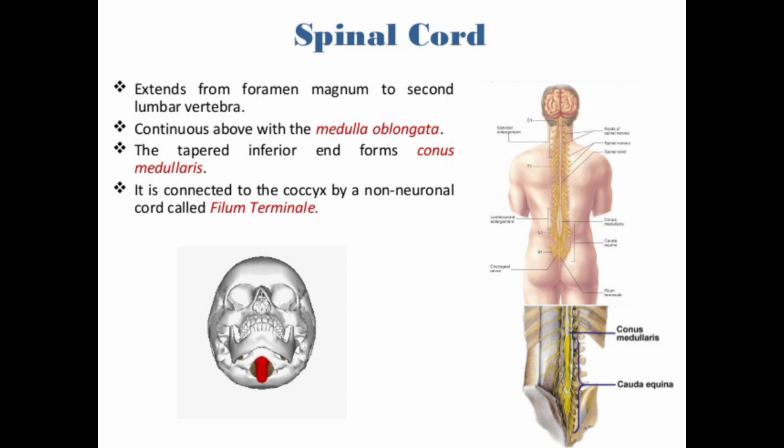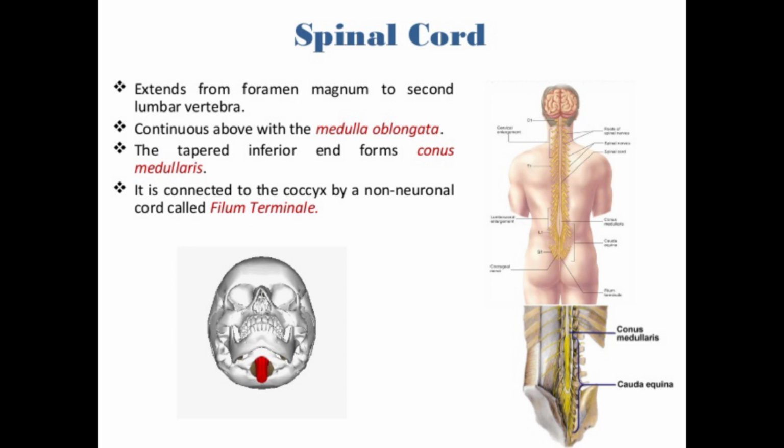After that, if you look at the spinal cord, the surface of the spinal cord is divided completely into two symmetrical halves by a fissure present here. That fissure is called the anterior median fissure, and posteriorly the posterior median sulcus. Each half of the spinal cord further shows anterolateral and posterolateral sulci. The anterolateral sulcus provides attachment to rootlets of the ventral nerve roots of the spinal nerve, whereas the posterolateral sulcus provides attachment to rootlets of the dorsal nerve root of the spinal nerve. This is about the external features of the spinal cord.